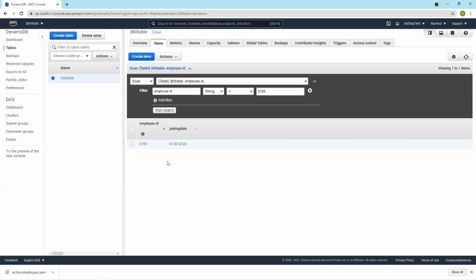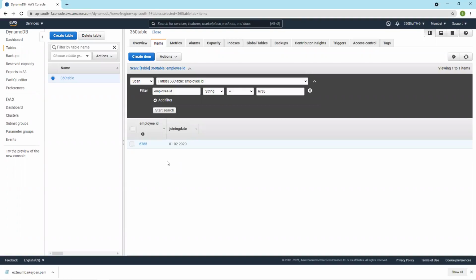I can do it once a minute: every minute, or every couple of minutes, my application scans the table and gets the latest entries. This is one way of doing it. But the disadvantage of scanning the entire table every minute is that it affects the performance of the application, and unnecessarily my application needs a lot of processing capacity.